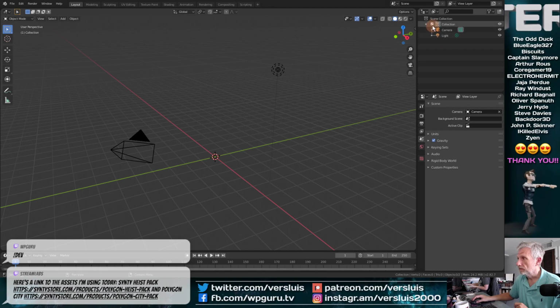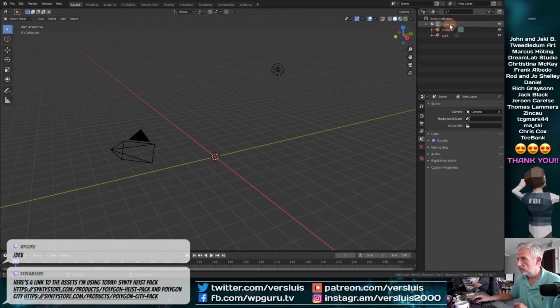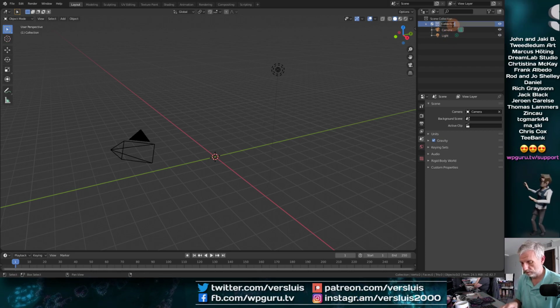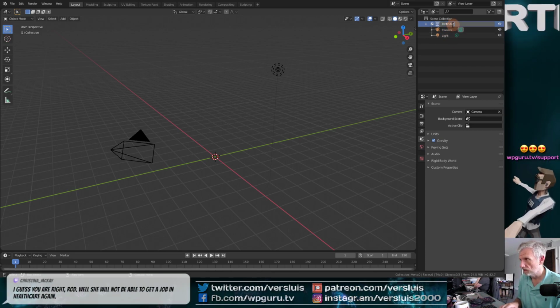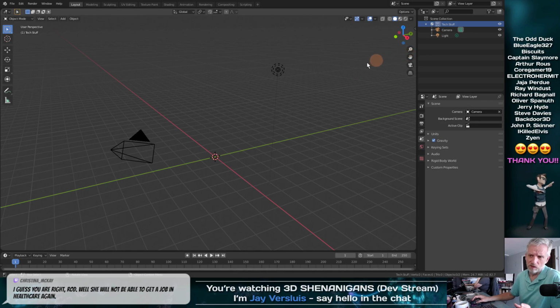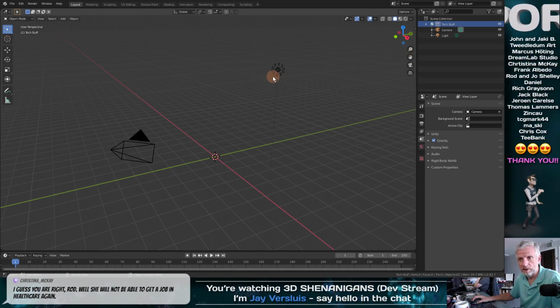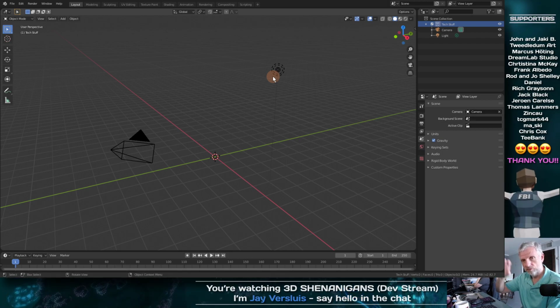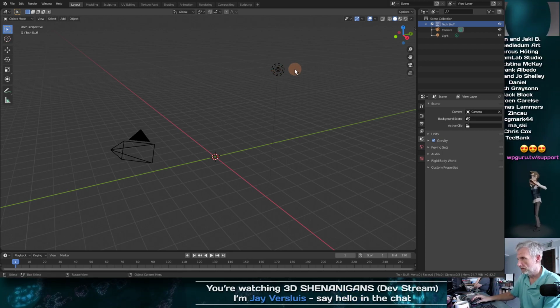So I guess the first thing that we'll do is rename this collection here. That's just called collection, with the camera and light in there. I'll call that tech stuff. So that's for cameras and lights. I might make a separate light thing. Maybe not. Tech stuff is fine. And then the next few will be for the whole city scene, and then there'll be the ones for the characters in the front, middle, and the back. We'll see how we can make that right.